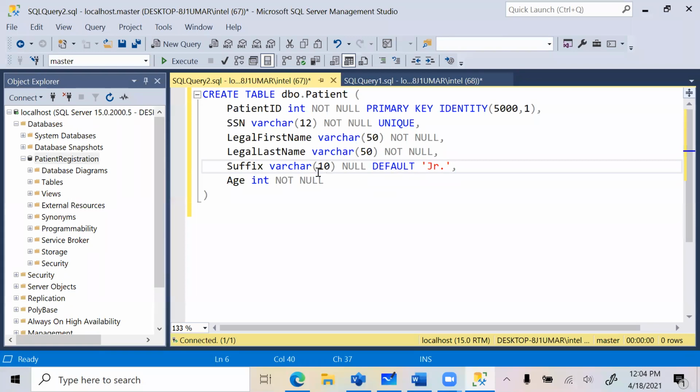So if I don't supply any values in my statements, it will automatically put the default value. And finally, I have the age field, age integer not null. So I'm just putting the patient age as well at the same time. Let me get rid of this DBO thing. We don't need that, it's optional. So this is the syntax for creating a table. And if I run that,